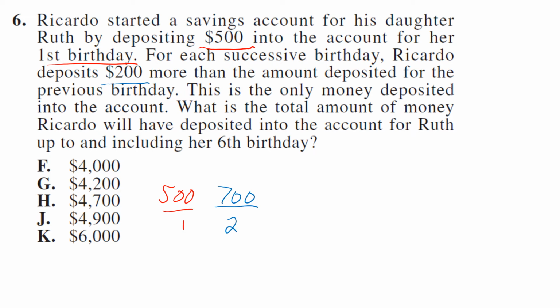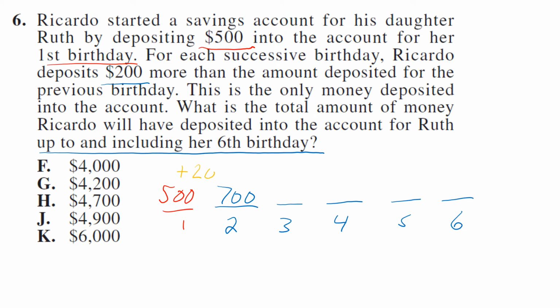What is the total amount Ricardo will have deposited into the account for Ruth up to and including her 6th birthday? So 3rd birthday, 4th birthday, 5th, 6th. You could just use the arithmetic sequence formula because it's increasing by 200 every time, right? That's our